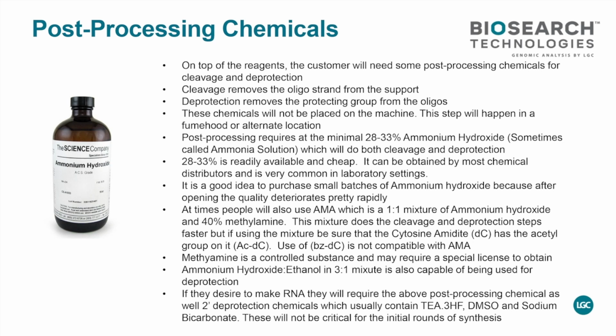there's a few things you would want to do. RNA is way more sensitive. So I wouldn't recommend using AMA on the RNA strands if you're doing siRNA, CRISPR, etc., or if you use oligos to build the genes, because AMA does have properties that will damage the DNA or RNA in that situation. So for RNA, I recommend the very easy ammonium hydroxide ethanol 3-to-1 mixture, 3 parts ammonia,